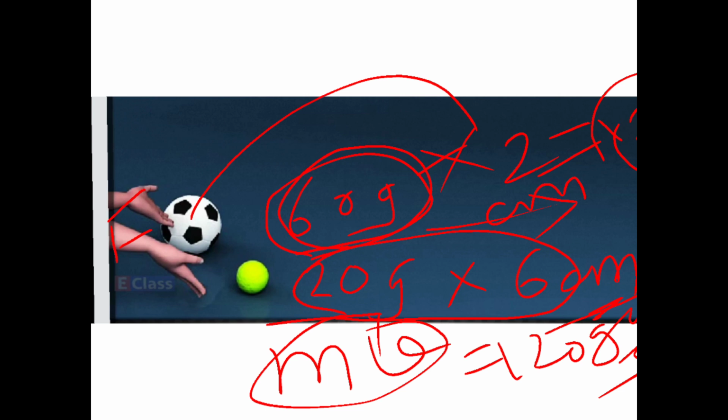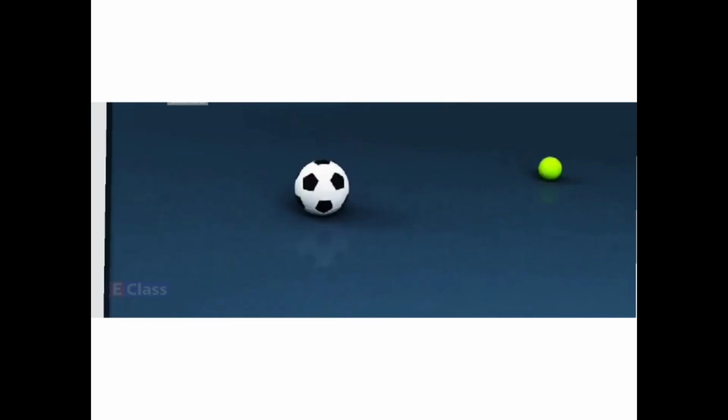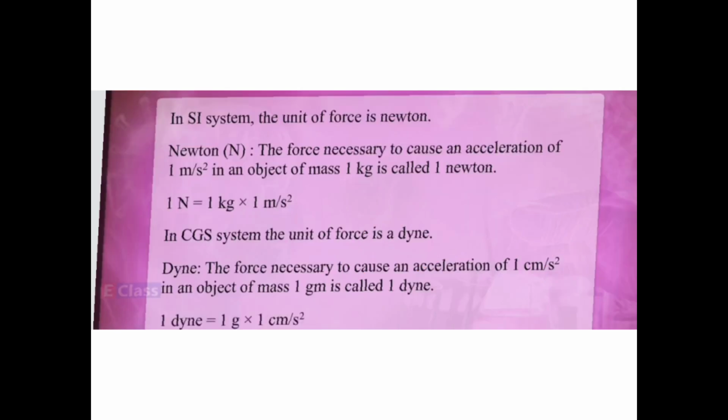Now mathematically, is it clear to everyone? Okay, now we'll go ahead. Yes, miss. So they have shown here the football is stopped here, whereas the plastic ball has moved further. Now once we have learned about all these things about the force, the new quantity which we have learned today is force. Now the unit of force in the SI system is Newton.